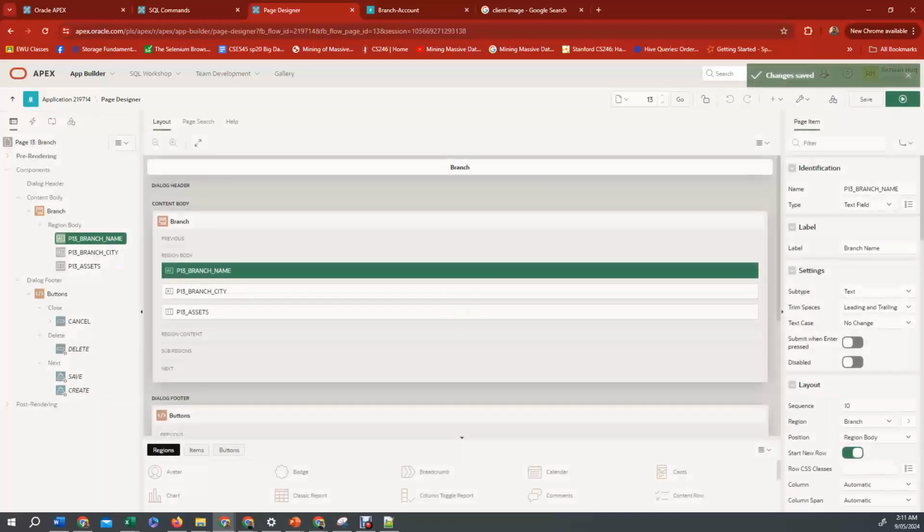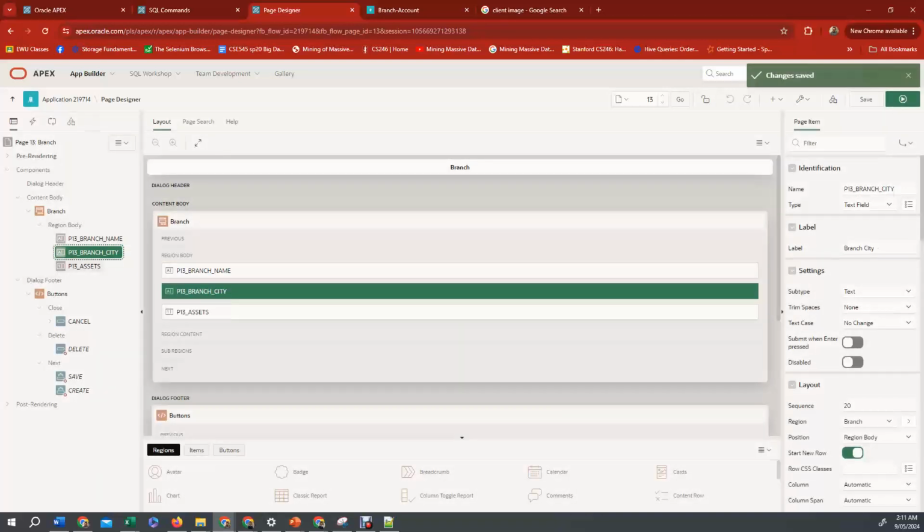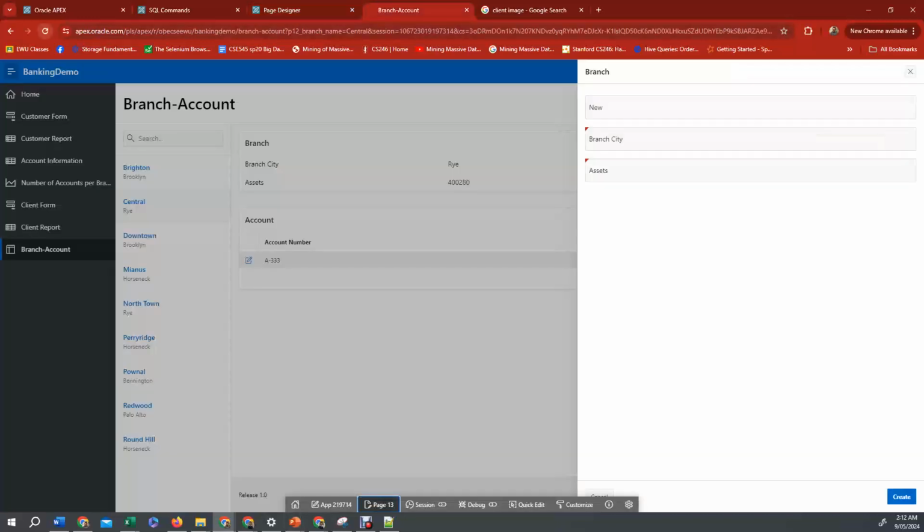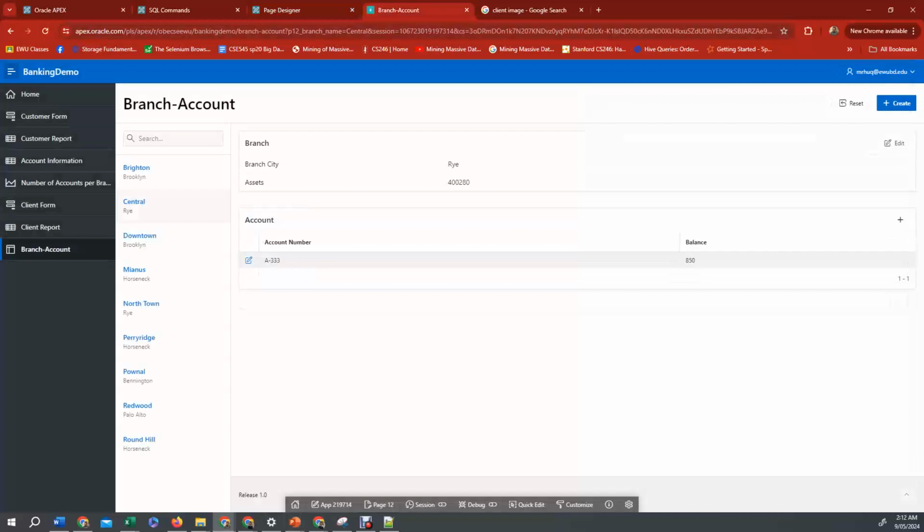Sometimes the label is new, you just need to check that they are not new. I'm just going to refresh and see the changes: branch city, assets, and